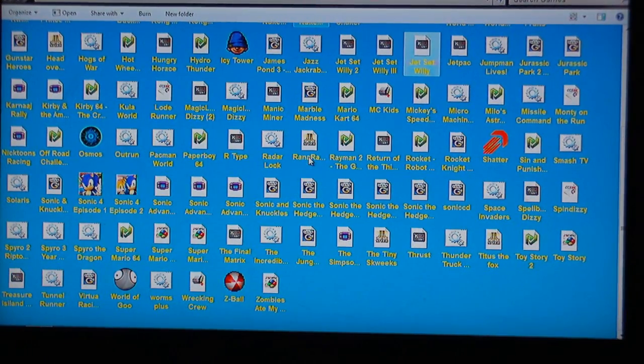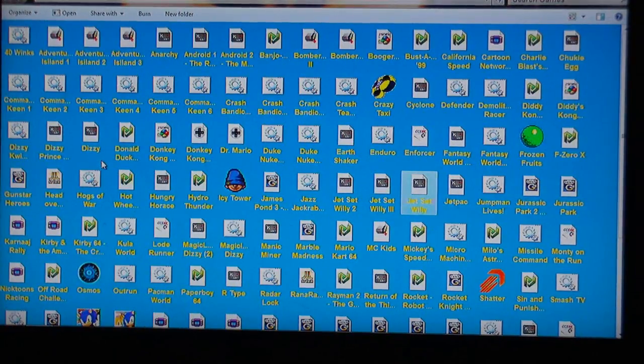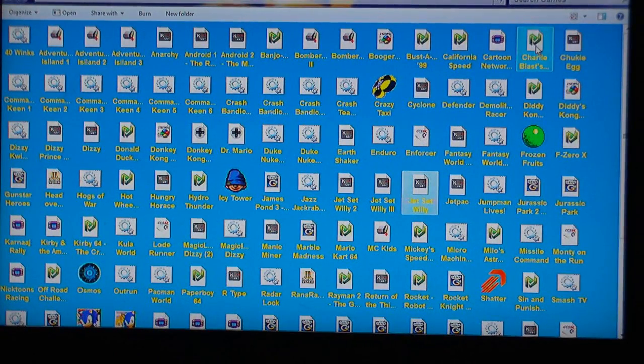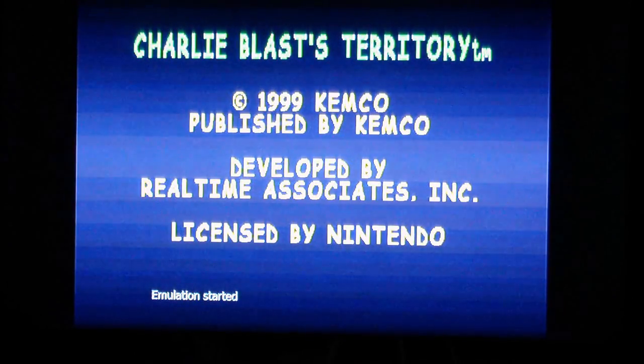Also, the Nintendo 64 emulator. Now, I can't remember who gave me this link, but someone gave me a link to version 1.7, and although this version is not compatible with Blast Corps, which is one of my favourite Nintendo 64 games, this thing now works. I can click on any game. It's got this icon on it. Actually, I haven't tried Charlie Blast's Territory yet. What's the bet that's one of the games that's not going to work with this version of it? Okay, it's working